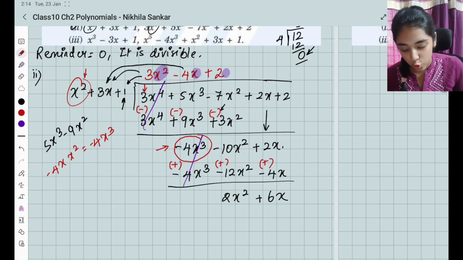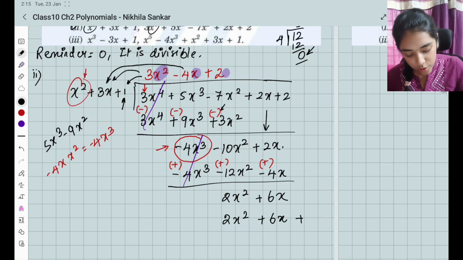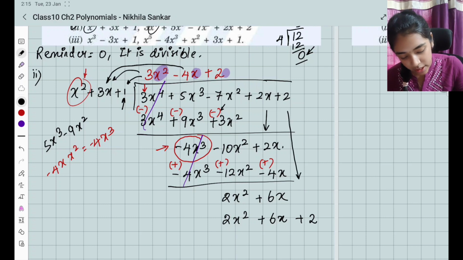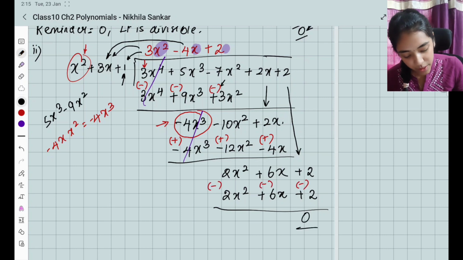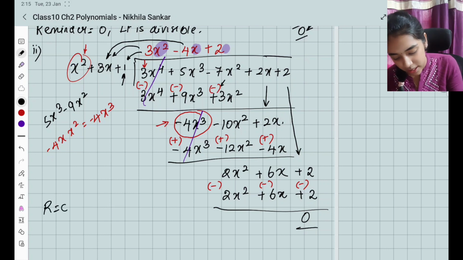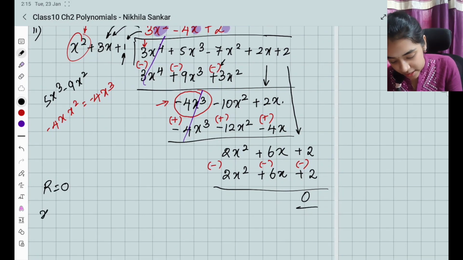Then the 2 is done. Now when I multiply, I have 2x square. Then 3x into 2 is going to be plus 6x. Then 1 into 2 is going to be plus 2. And I have a 2 here, so you have plus 2. When I subtract this, what do I have? Here minus, here minus, here also minus. So what happens? This becomes a 0. So the remainder equals 0, which means x square plus 3x plus 1